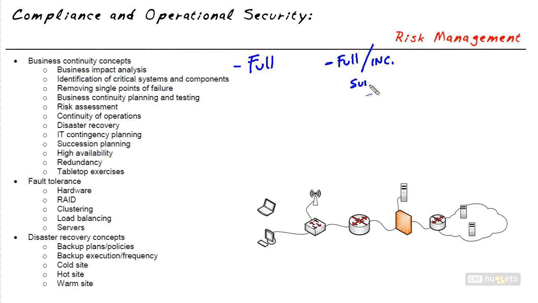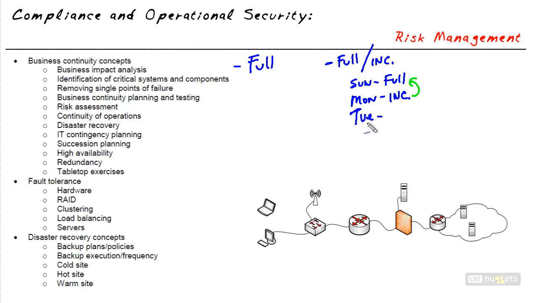We start with a full backup. Let's say it's Sunday. So Sunday, midnight, we do a full backup of the system. And then on Monday, we do an incremental backup. What the incremental will do is back up just the data that has changed since the last backup was performed. So maybe 5 or 6% of the data changed since the last full backup, and that incremental backup on Monday would back up that 5 or 6% of data that had changed.